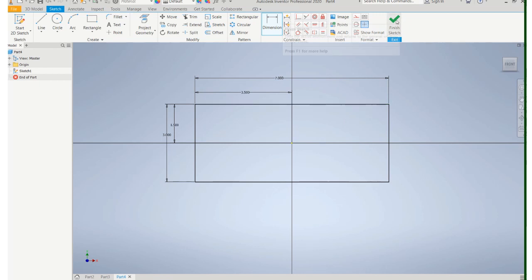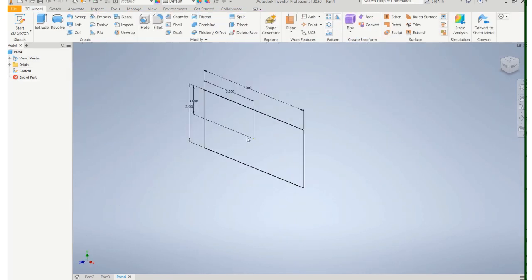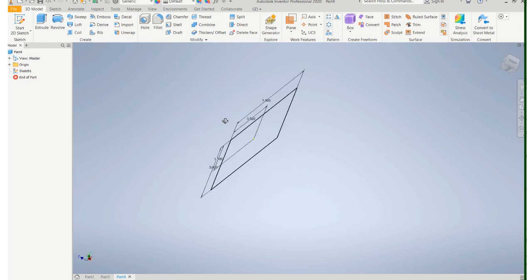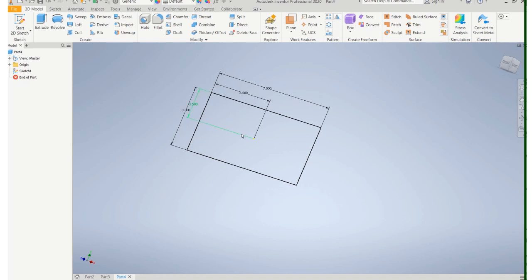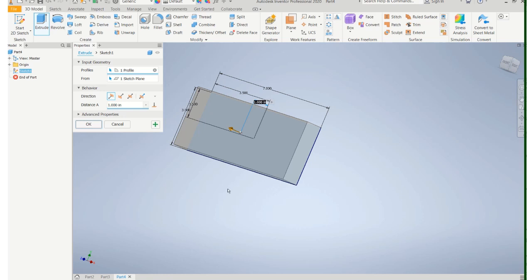And click on finish the sketch, and you can see what I have. If you hold down the shift key, you can hold down your middle mouse button and move it around. You can see I just have a flat sketch right now. So now I'll go to my 3D model tab and click on extrude, and this tool will allow you to make it into a solid object, because there's only one sketch so far. The software has already chosen that, and you see that arrow, it's trying to build the shape toward me,